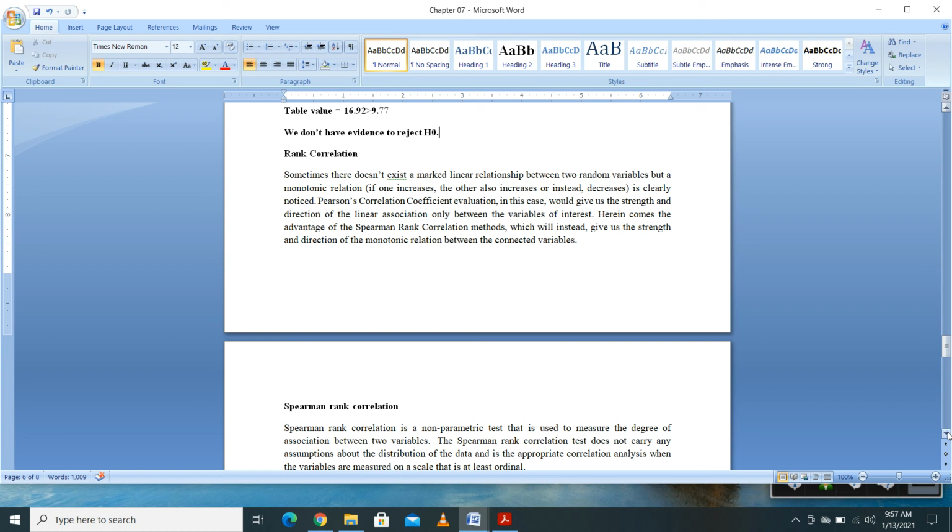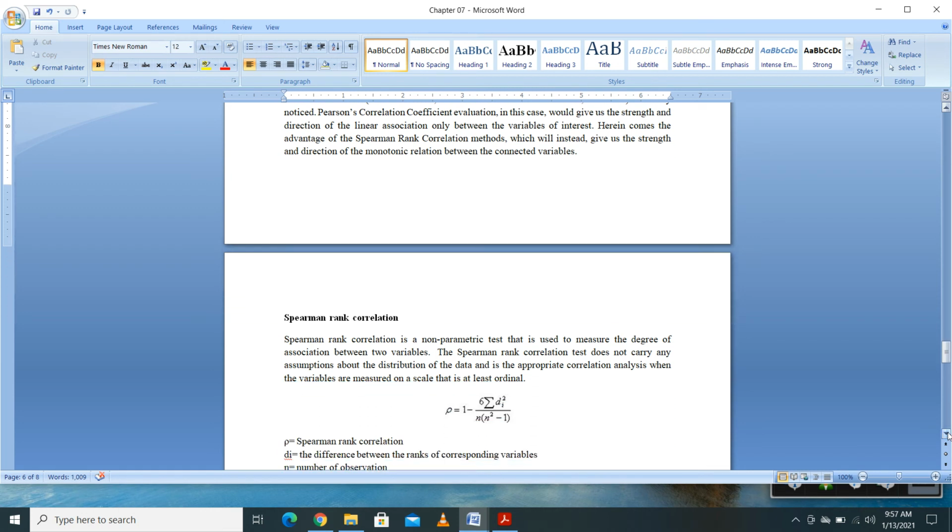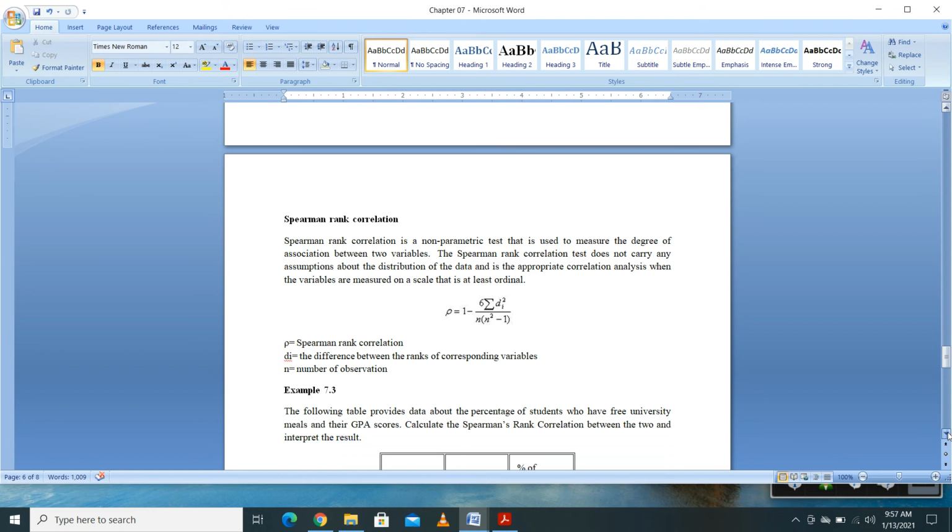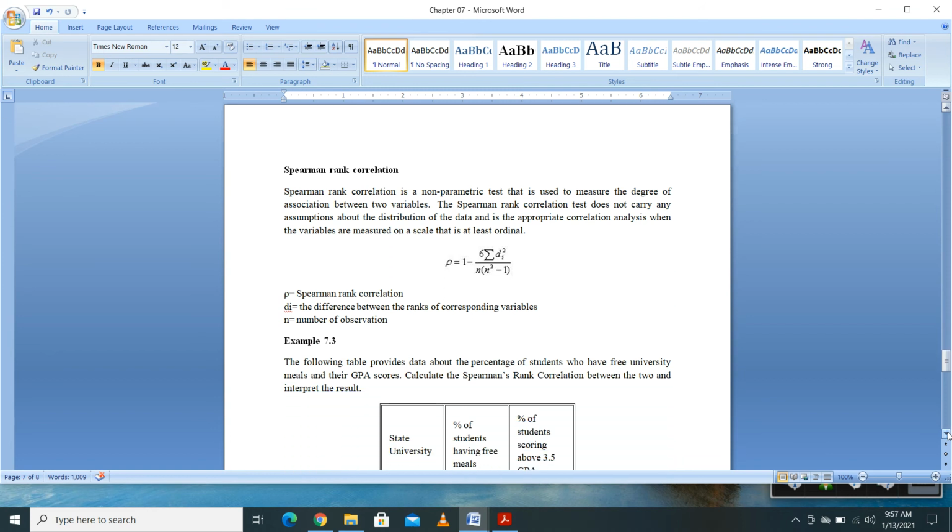Or when you decrease one, the other one is increasing. So they are not linear, but anyway there is a relationship. So in such cases, if you cannot apply the Pearson correlation coefficient, we have different correlation coefficients that you can apply to such cases. One is the Spearman rank correlation, right? So in the Spearman rank correlation, what you have to do is